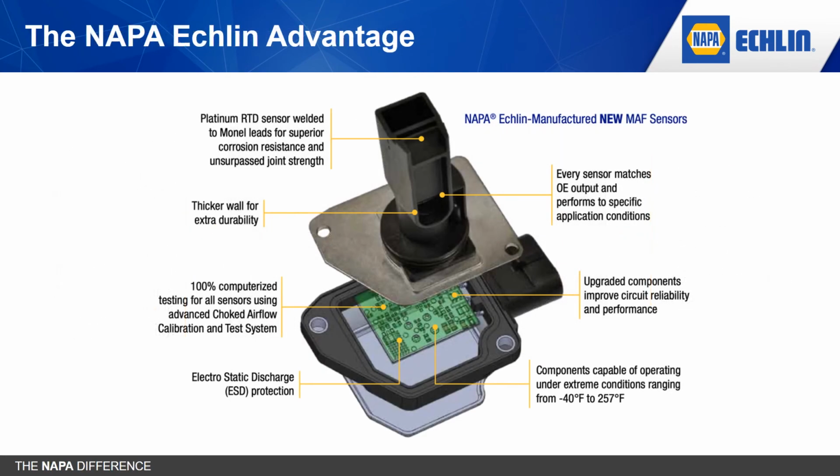To summarize, every NAPA Echlin mass airflow sensor is 100% new, not remanufactured. Engineered and built in our vertically integrated TS 16949 certified facility, NAPA Echlin manufactures sensors that are designed with improvements such as our custom-designed Platinum RTD sensors previously discussed, as well as thicker walls for extra durability, upgraded components, improved circuitry, and electrostatic discharge protection. The result is a line of 100% new mass airflow sensors that provides highly accurate readings and precise airflow output